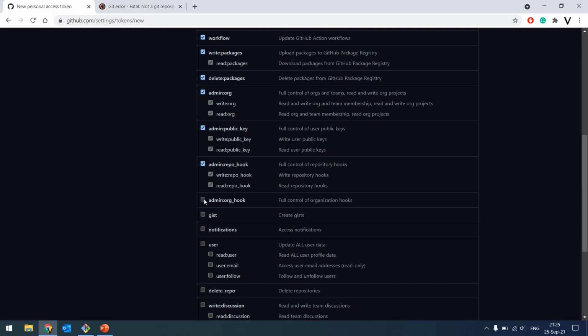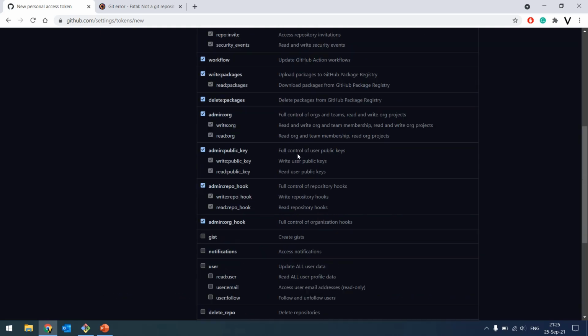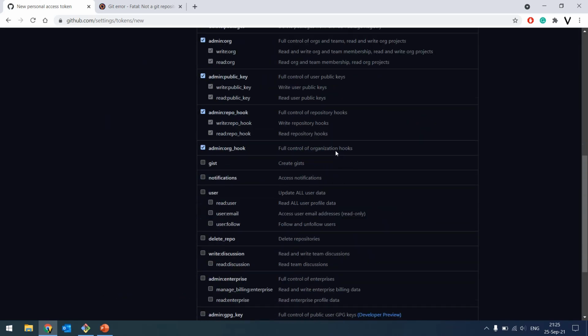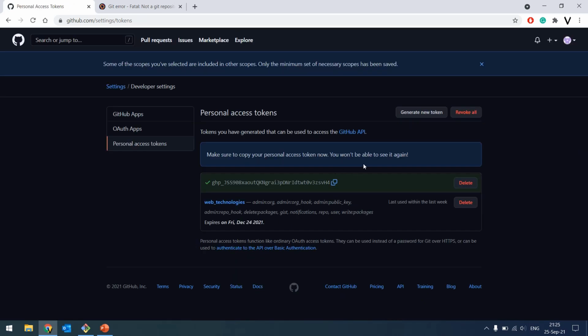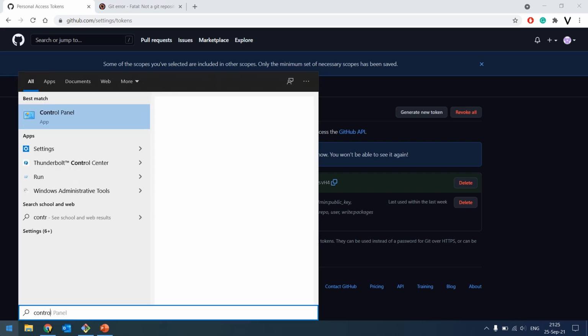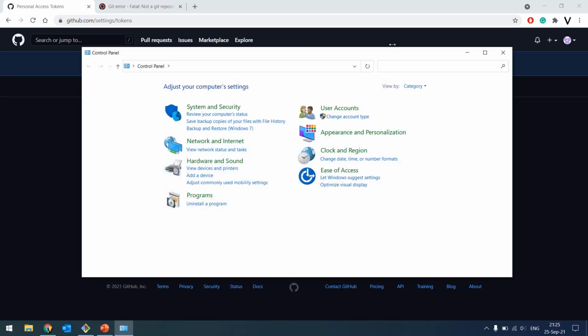Or let's say until the admin ends. Okay, that's it. So we now can click generate token. And now the personal token is generated by GitHub, and we can copy it. So we can click this button. So now it's copied. So the next thing for Windows users is to go to Control Panel, and here you